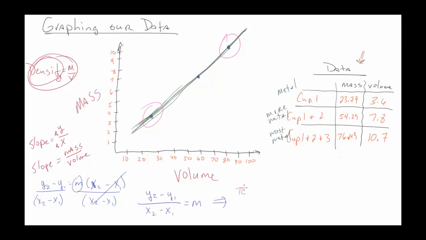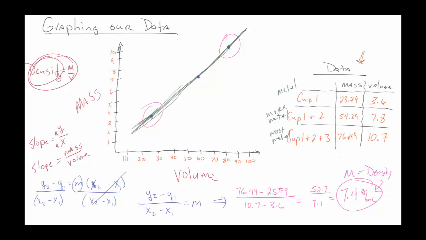So I've got in my data 76.49 minus 23.79 over 10.7 minus 3.6. That's actually going to equal, once you do the math, 52.7 over 7.1, which is going to give us an average density of 7.4. The units on this would be grams per milliliter, right? And we understand earlier that this is m, our slope, and our slope equals our density, right? So 7.4 grams per milliliter is